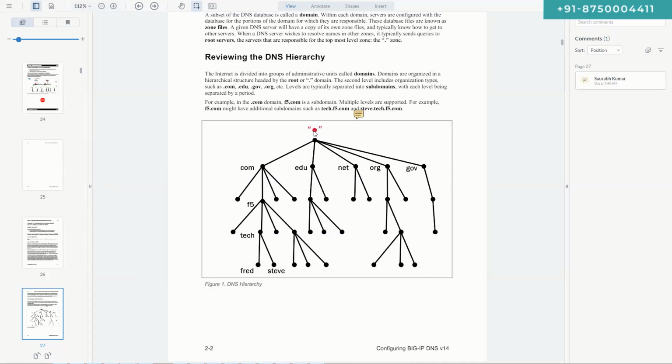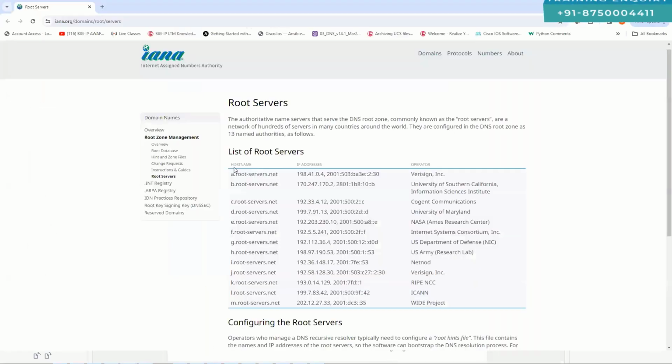Now, I just spoke about this root server. I will come to that point later, because if I start now explaining the DNS functionality, you may get confused. And then we have got the subdomains like .com, .edu, .net, .org, .gov, right? If I go back now to this list,